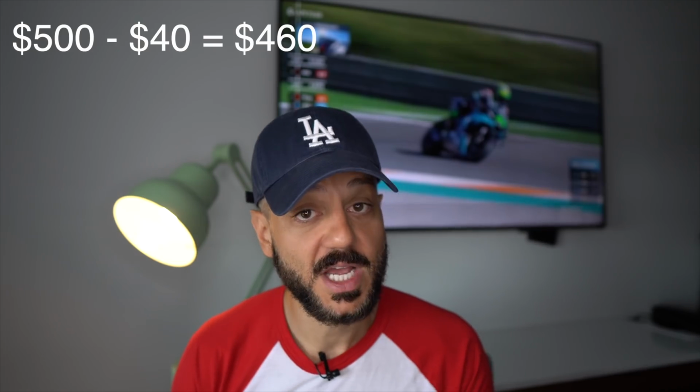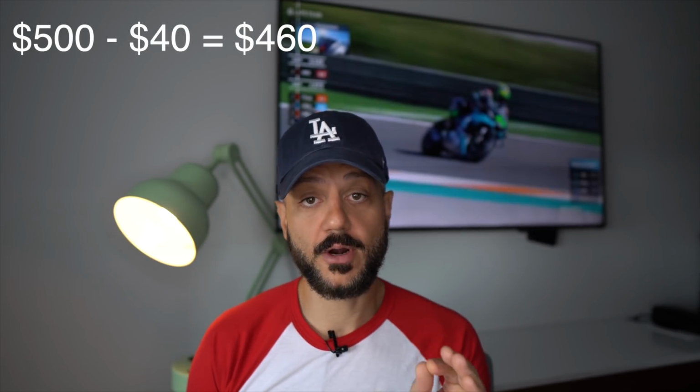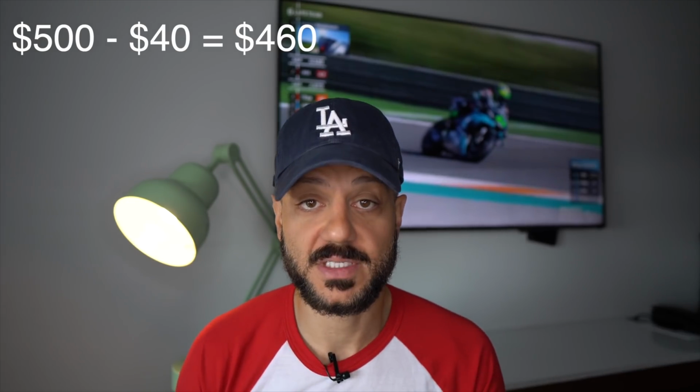If Tesla hits 500 bucks and you get assigned, then you'll be required to buy 100 shares of Tesla at 500 bucks. But remember that you collected $40 per share for selling the put, meaning that your cost basis is not $500, your cost basis is actually $460. Who wouldn't want to buy Tesla at 460 bucks? Now, the caveat is you will need the capital to buy 100 shares of Tesla at 460 bucks. But if you do have the capital, this is a great way to get paid to wait to buy the